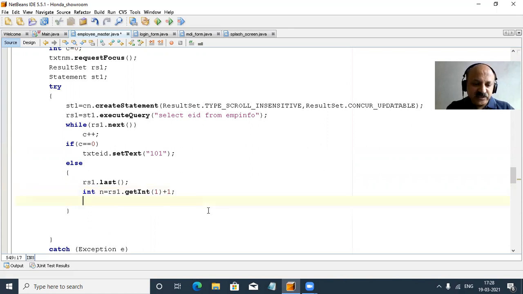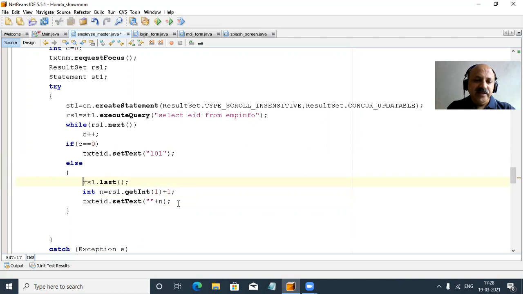And now we can set that value to our employee text field. So that is the method setText. Again, we can use double quote plus n. So double quote means that n is an integer and converted into a string, and plus is a concatenation. You can also use the valueOf string method, but that is not required. Yes, and that is finished. So it is a very simple way, with only three lines of coding.